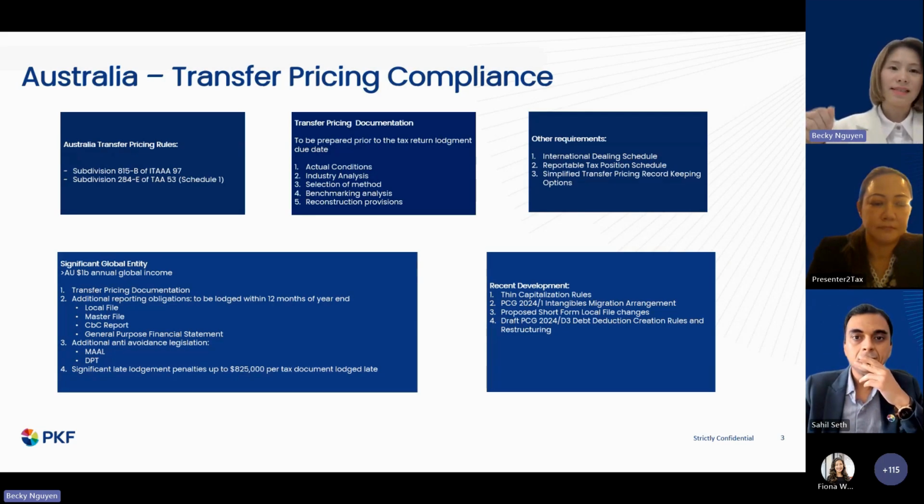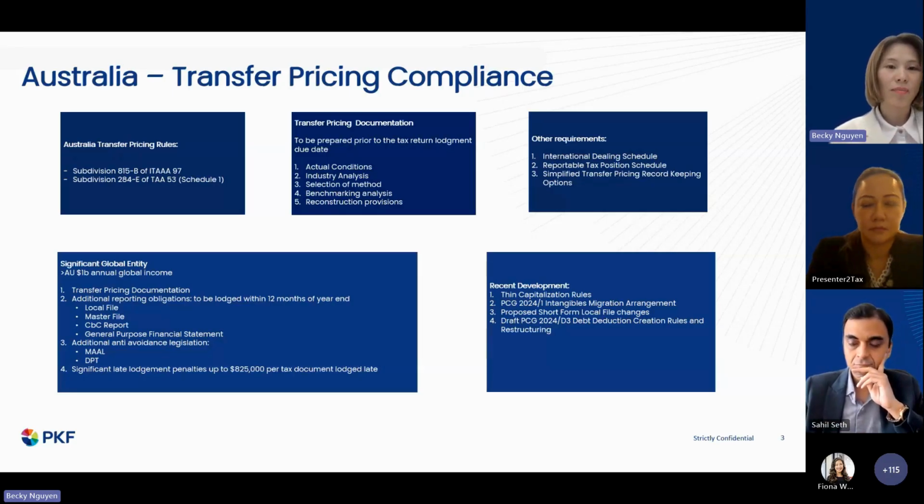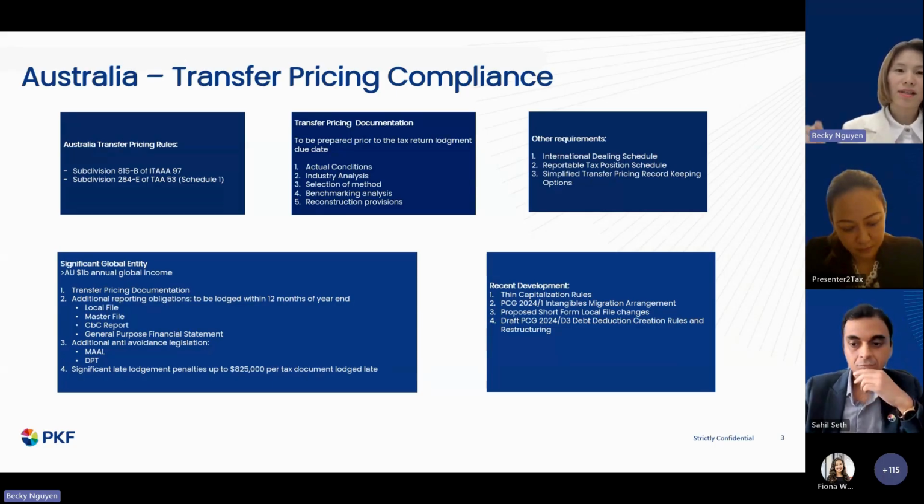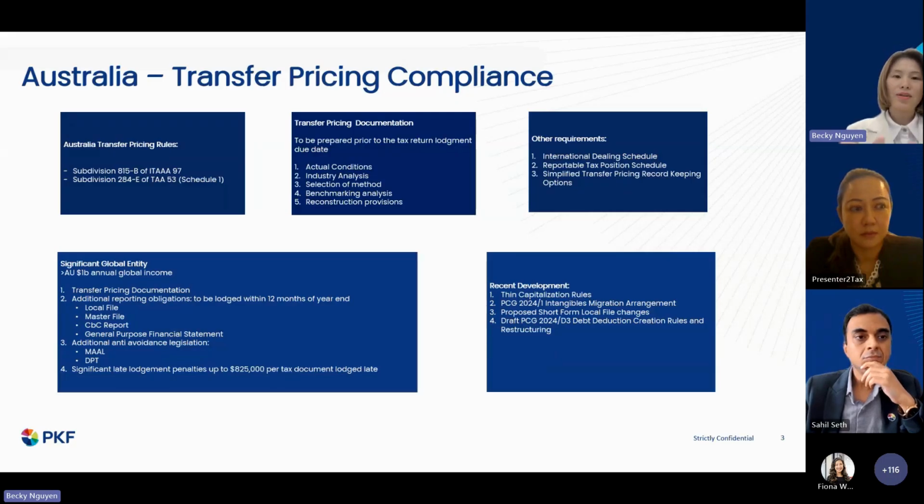When pricing doesn't meet the arm's length principle, the ATO has authority to impose transfer pricing adjustments and penalties for non-compliance. Therefore, taxpayers are required to prepare documentation, and that documentation must address 5 key questions as